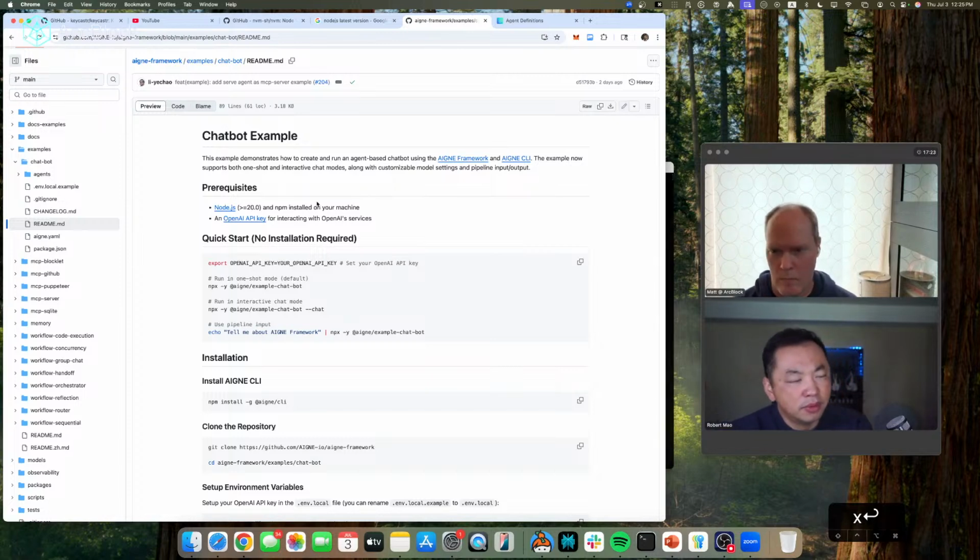If you use a Mac, the Mac already comes with Node.js, but sometimes the default Node.js from the Mac system or from your Linux system might be old, because Node.js bumps their version really crazy, right?